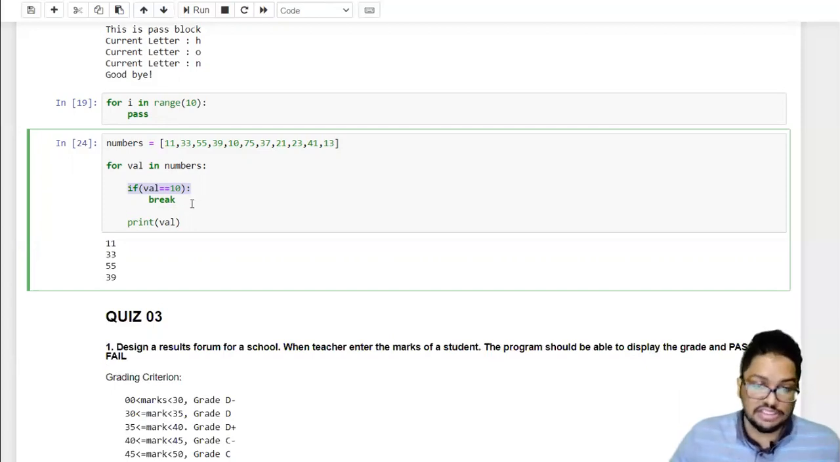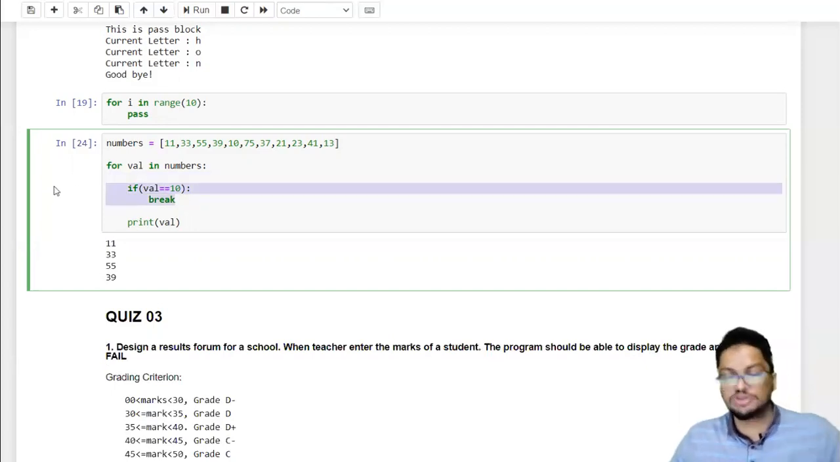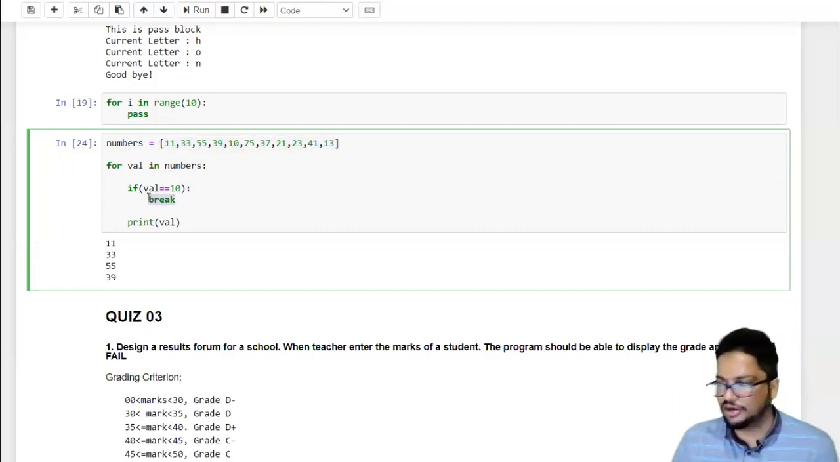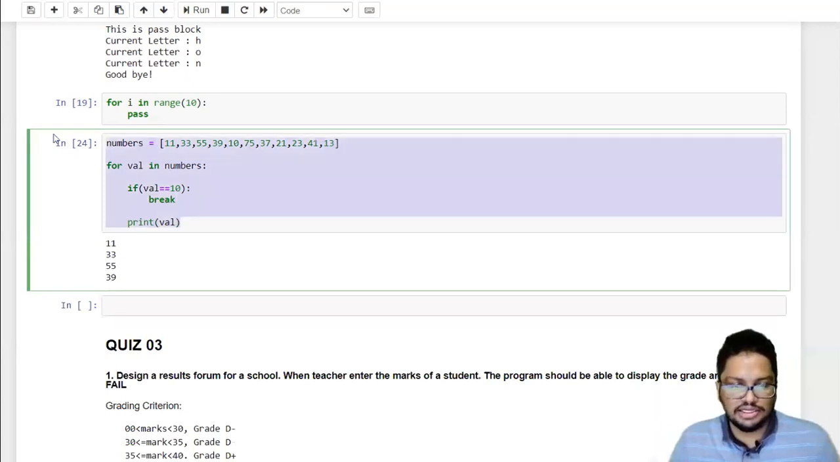Now, if this was not there, all the values would be printed, you know that. But here, since we have to check a condition and we include this break, when this condition is true, the loop will be broken. And similarly, we have another statement called